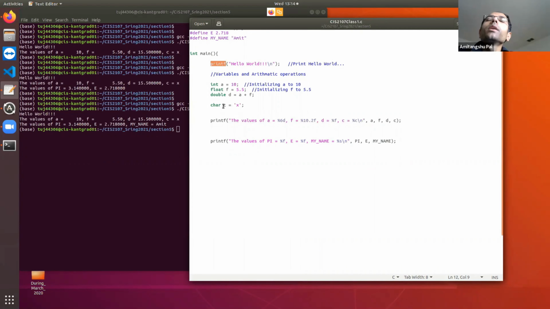So we have learned how to print. Till this point, we have learned how to print into the terminal. Now let's see how to take inputs from the terminal. Okay. Print means the program is outputting to the output terminal. That means you are printing or outputting to the terminal. Now let's see how you are taking inputs from the output terminal. The corresponding function is called scanf. Scanf means it is scanning the inputs from the output terminal. Printing means it is printing the output to the output terminal. Printf and scanf are two different or two opposite things.